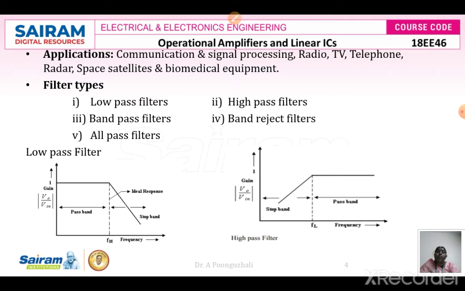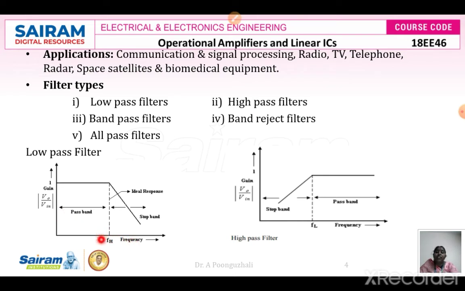The name itself tells us: low pass means it is going to allow the low range of frequencies. Till the cutoff frequency, the filter will allow those frequencies, and once the cutoff frequency is reached, it is going to attenuate the frequency signals. The range of frequencies that are attenuated or blocked is called the stop band, and here we can see what is called the pass band. So this is the frequency response of the low pass filter. We are going to plot gain versus frequency.